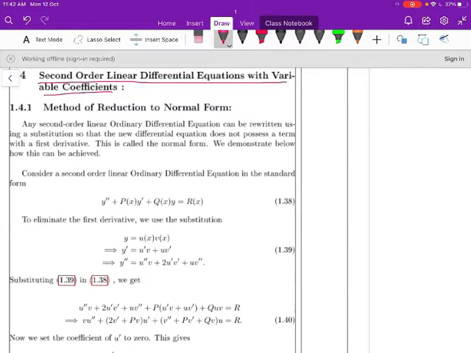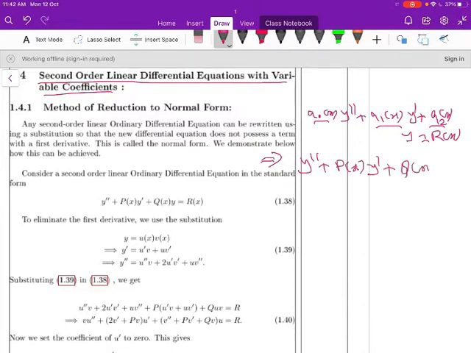You know the standard form of linear differential equation with variable coefficients. That can be written as a naught of x into y double dash plus a1 of x into y dash plus a2 of x into y is equal to r of x. So this is the standard form of second order linear differential equation with variable coefficients. So this equation can be written as y double dash